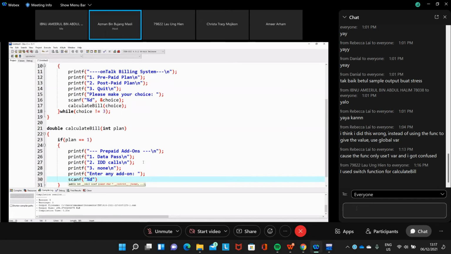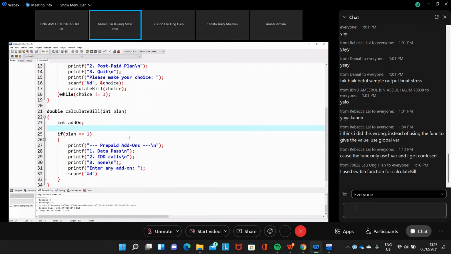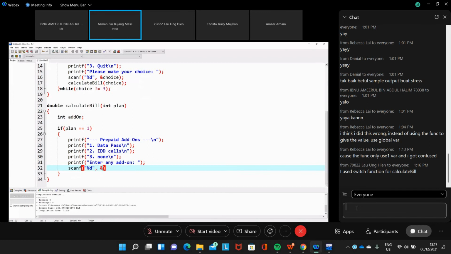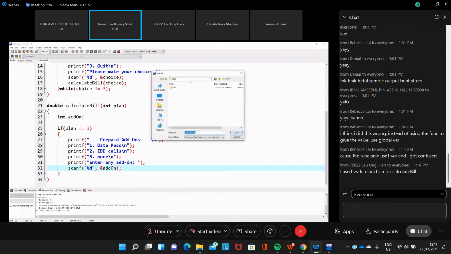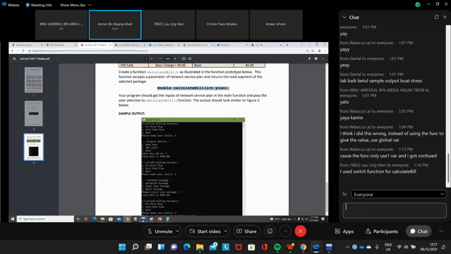So we need to have one variable here, add-on. So we read this add-on. Wait a minute. So this is the function, and then total bill. Then we'll calculate the total bill. Oh, wait a minute. This function will return the value, isn't it? So the calculate bill.